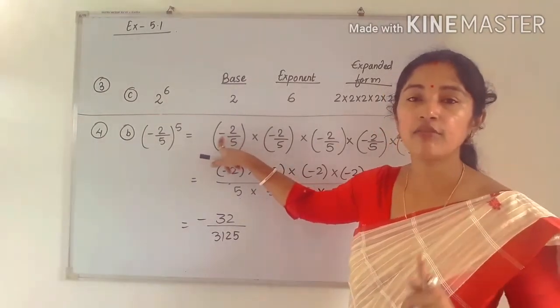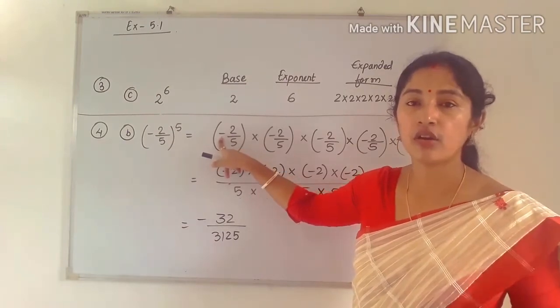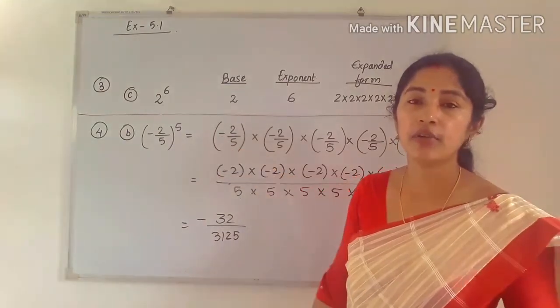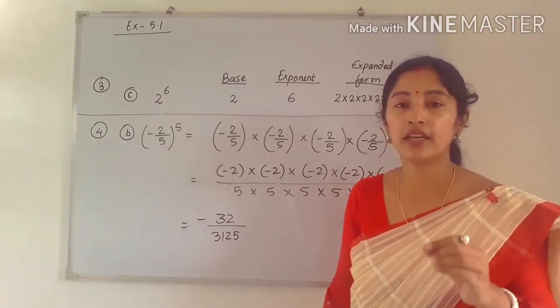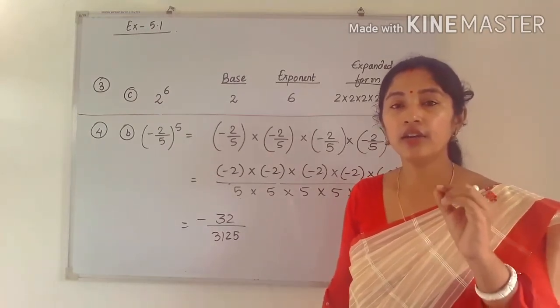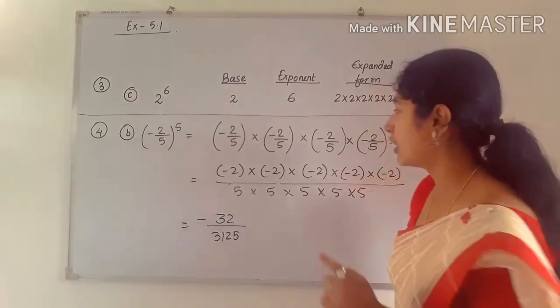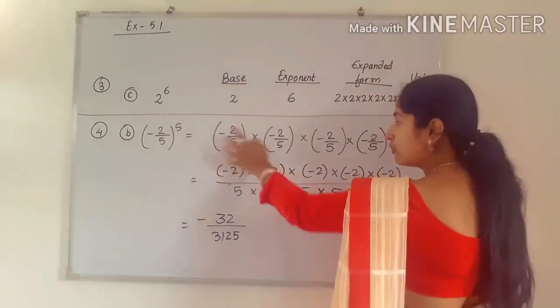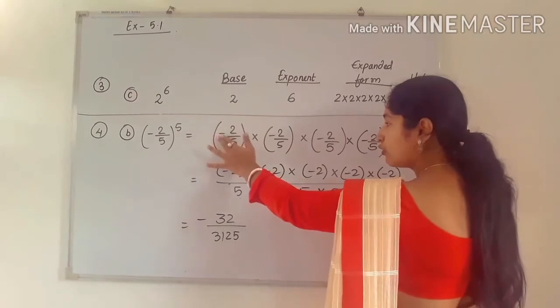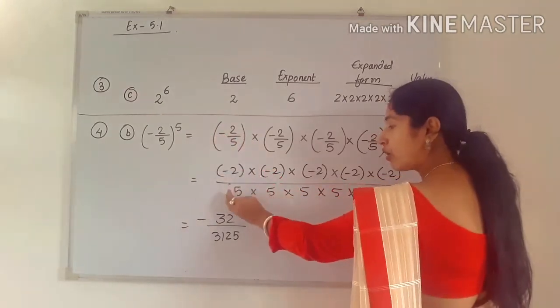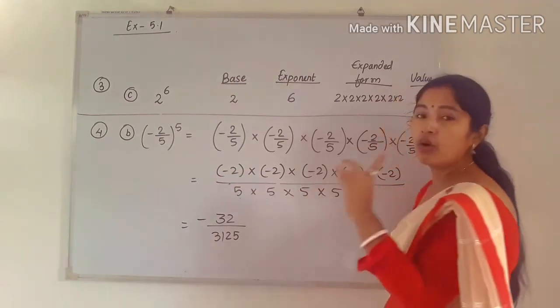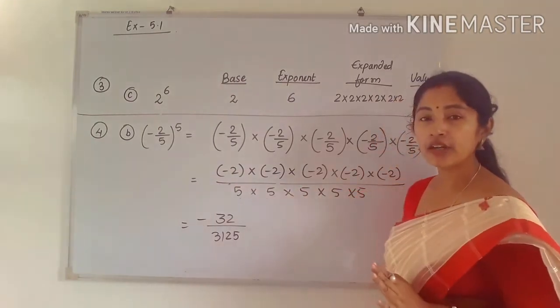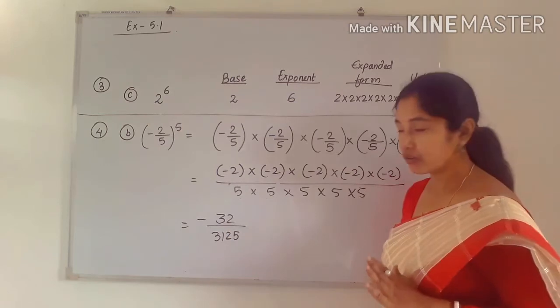So this symbol we have to write in numerator, because already we know that rational number in standard form you have to represent the negative symbol in the numerator. Okay. So here we are writing it only in the numerator. Or if you want to write in the denominator, you can also write in the denominator, but don't write in numerator again. Okay. You have to write either it in numerator or in denominator.